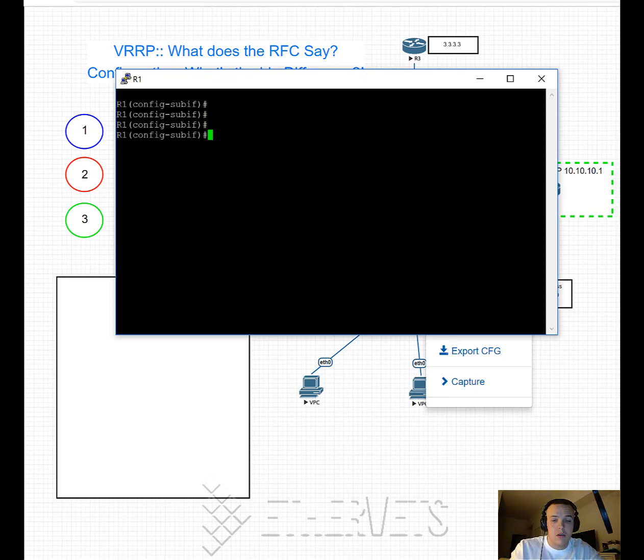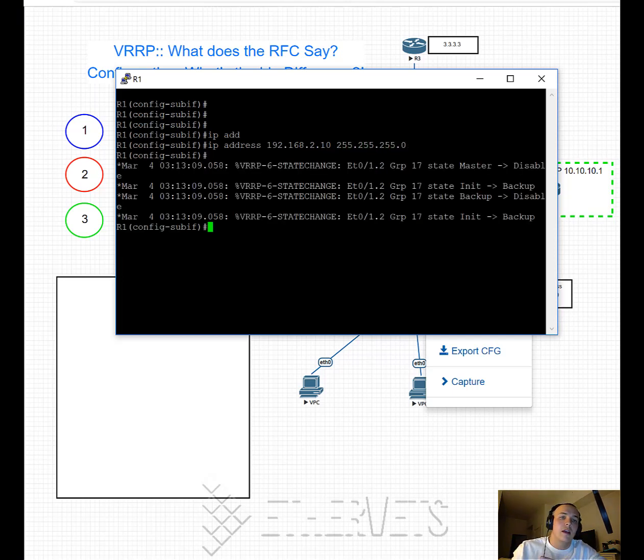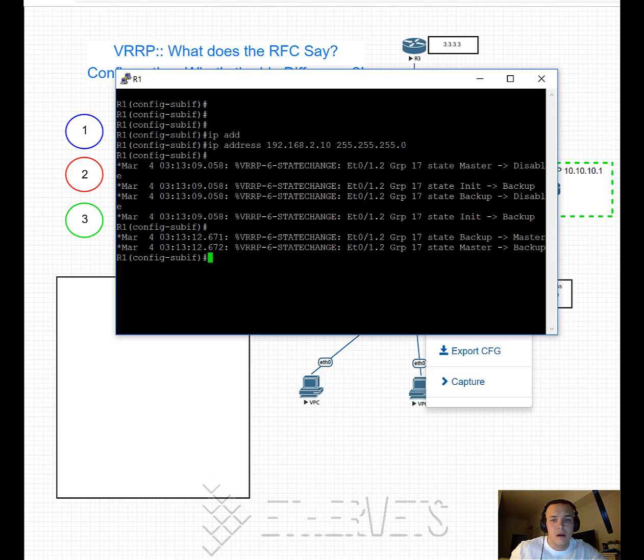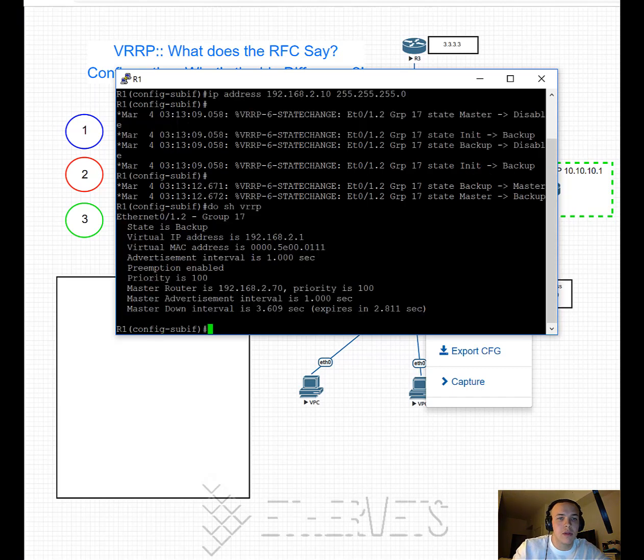So the only way to take this away from 255 is to change the address to my initial design, which is 192.168.2.10, 255.255.255.0. VRRP is going to do its thing again, and we will probably say backup this time because they're both talking right now, and they're like, hey, we're both 100, but router 7's got the higher IP at .70. So we will show VRRP just to make sure that we are backup, and virtual IP address is the same,